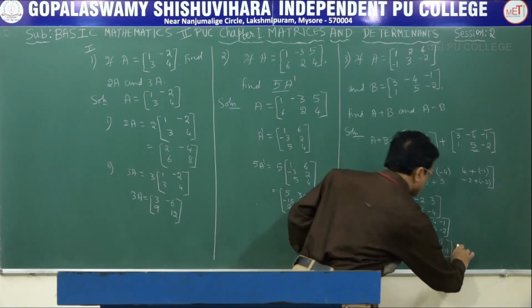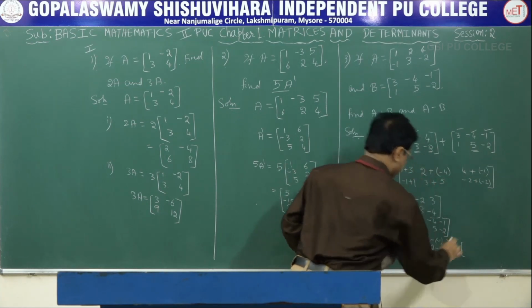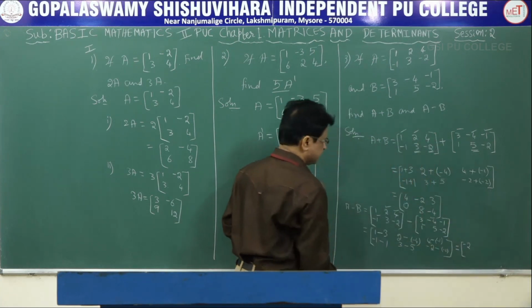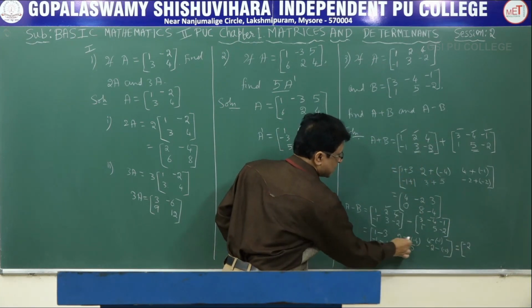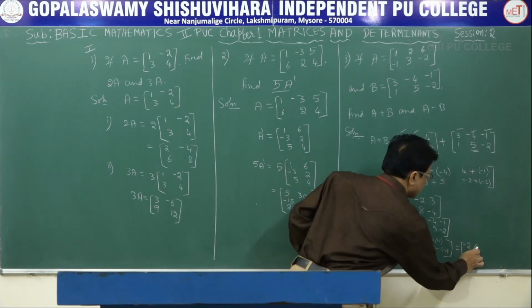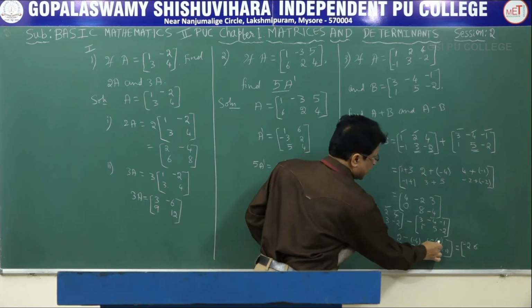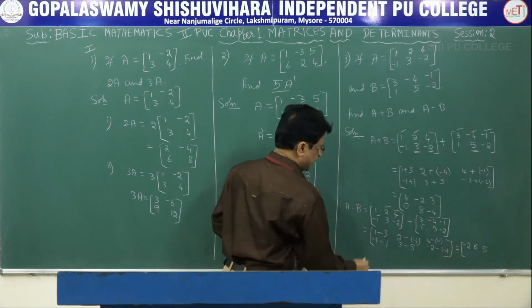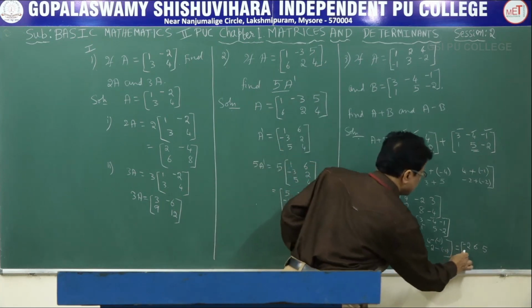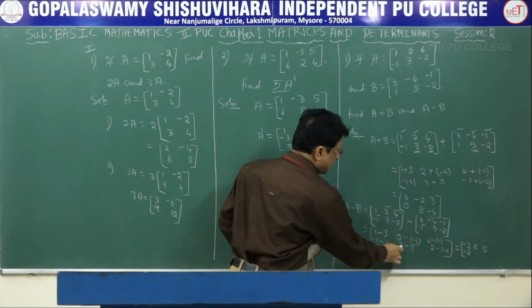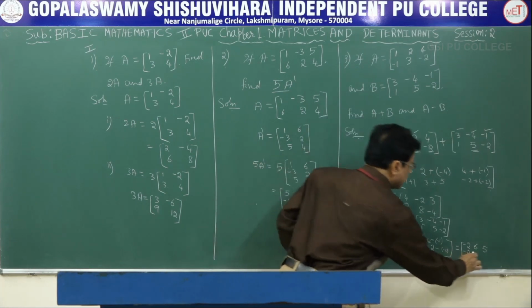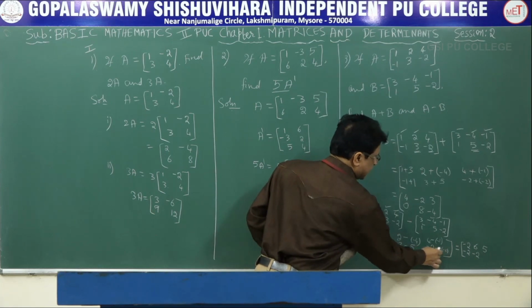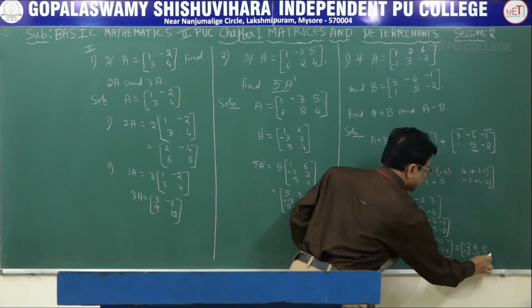2. So that will be equal to, so 1 minus 3 is minus 2. So minus into minus plus. So 2 plus 4, 6. Minus into minus plus. 4 plus 1, 5. Minus 1 minus 1, minus 2. 3 minus 5, minus 2. Minus into minus plus. So minus 2 plus 2, we get 0.